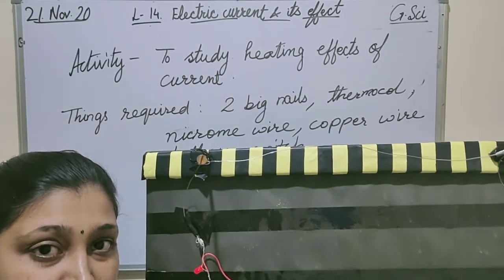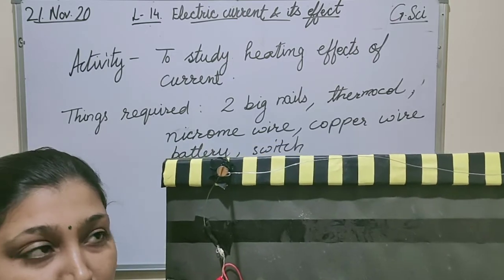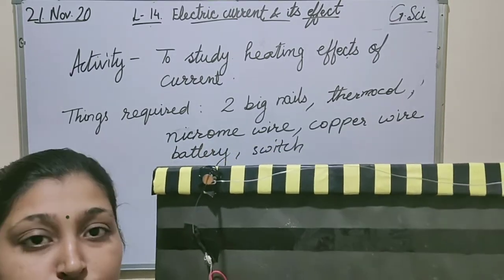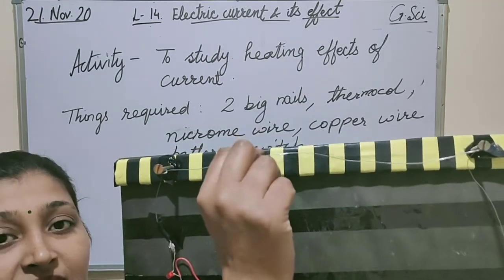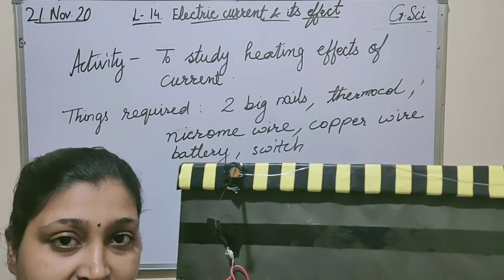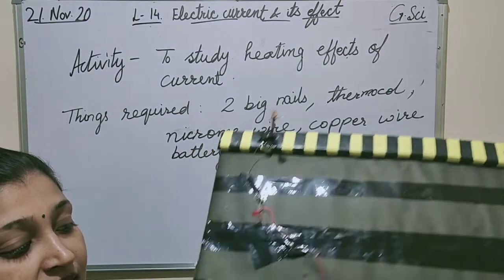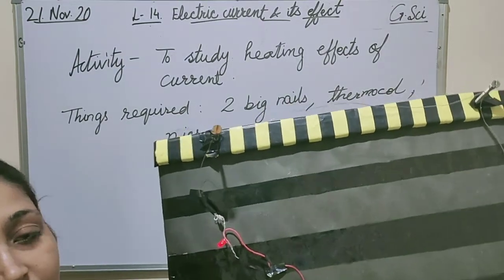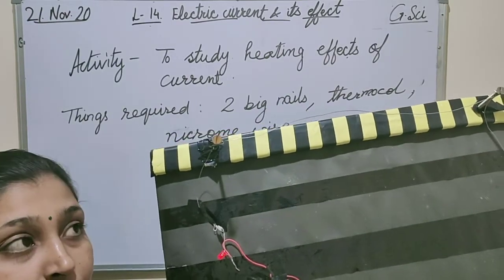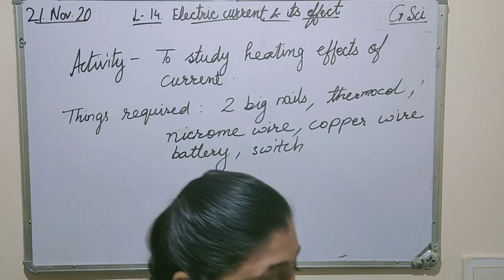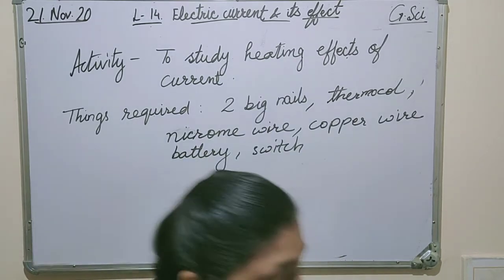It is less visible here. We can only feel the heat of this wire. When you all come, I will show you again. This wire gets heated, and this shows the heating effects of the current. In this you can see I am just passing the current and doing nothing else, but still the wire gets heated. Why does the wire get heated? Because of the resistance that we had already discussed.